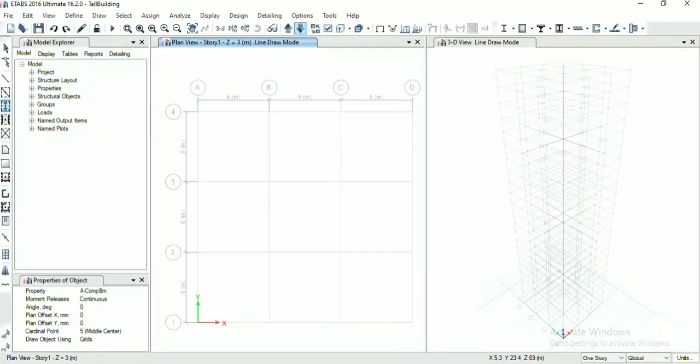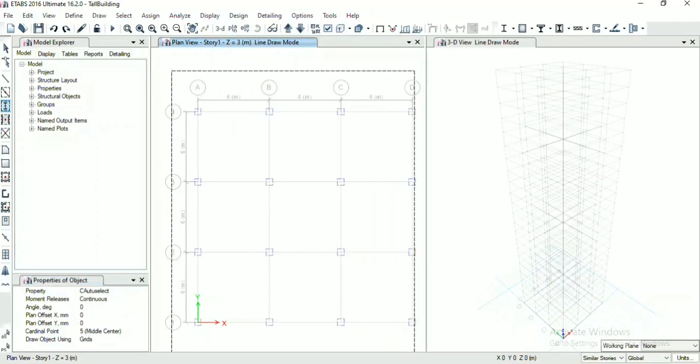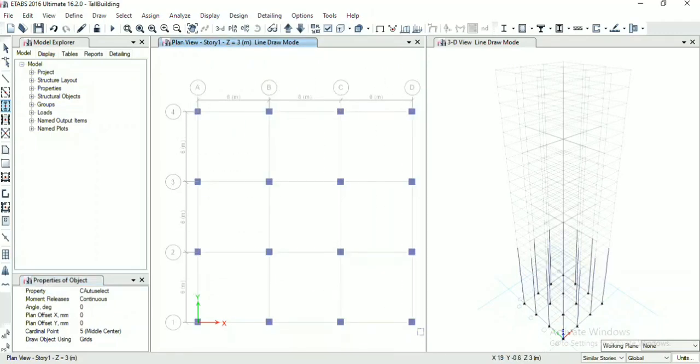Here I select story 1. Now make sure it is similar story and property should be column auto select. Now select the entire area. So columns are drawn between stories 1 to 8.